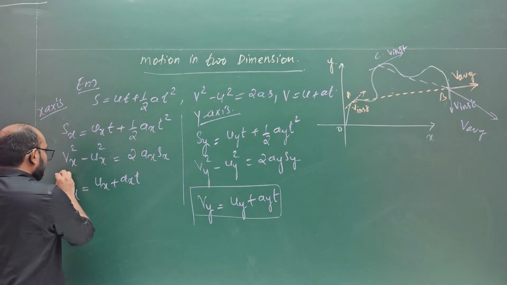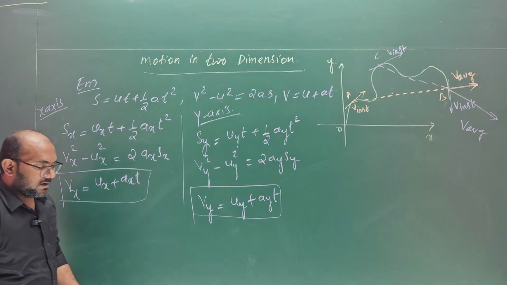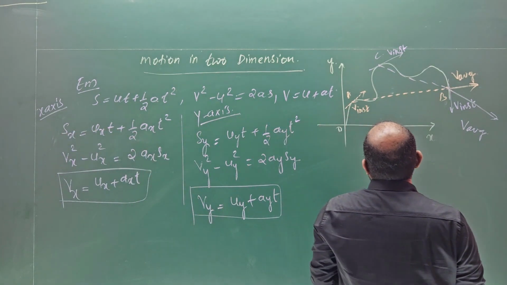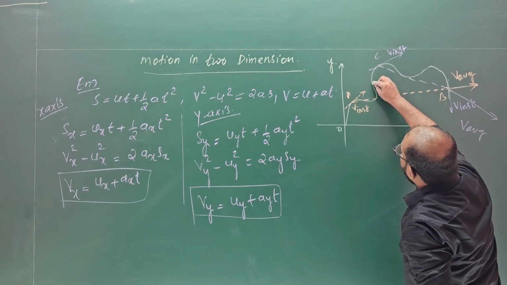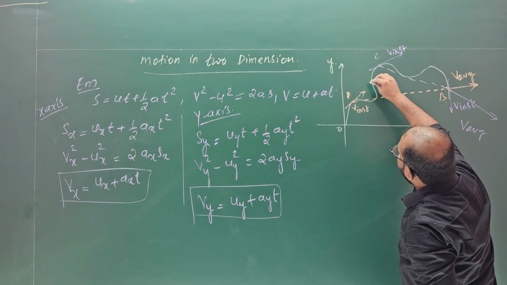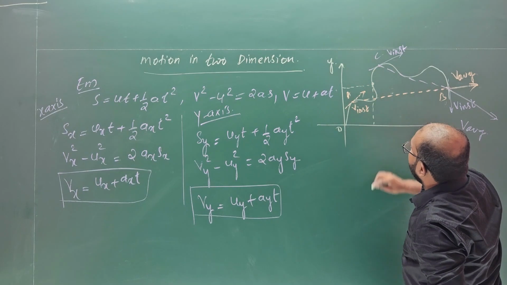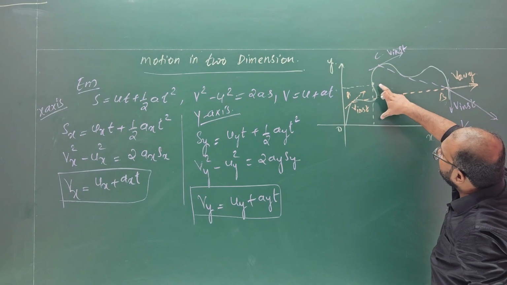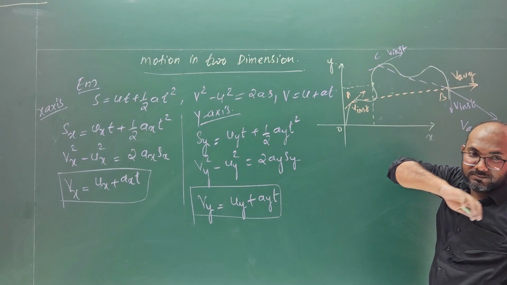So whatever the scenario is, one thing is common between the equations, and that is time. Let us try to understand that also. Consider one body started from here and moving in this direction. In the x-axis, it reached from here to here, and from here to here in the y-axis. The time taken to cover the distance in the x-axis as well as in the y-axis will be common.